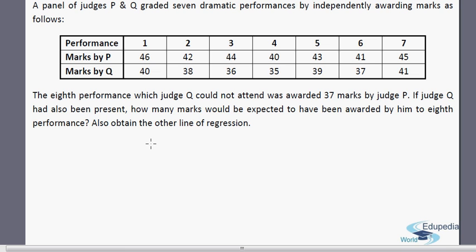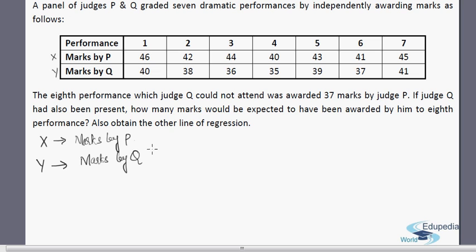They're asking you to find the other line of regression also. So let's understand the question first. We have 7 performers and they are awarded marks by 2 different judges which are given in this table. Let's assume that the marks by Judge P is X and the marks by Judge Q is denoted by Y. So let's assign 2 variables. Let X be the marks by Judge P and Y be the marks